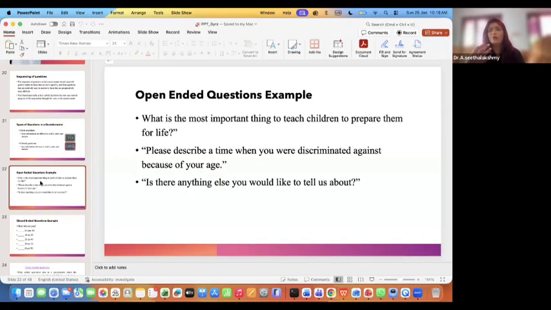Please describe how you saw the situation, how you perceive the situation, how you teach children in your place, or how you start your day. All these things can have multiple answers. So it is purely an open-ended question. But doing a data analysis of this type of question is very, very difficult. I'll let you know how to do that after some time.